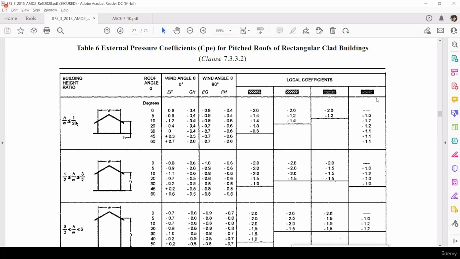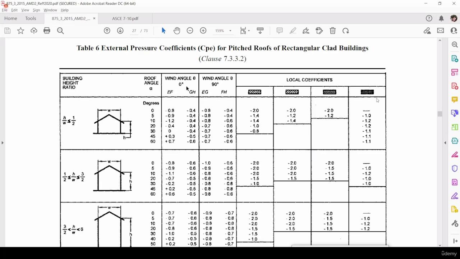So we have got height to width as 0.3. This is less than 1 by 2. 1 by 2 is nothing but 0.5, right? So H by W is 0.3, which is less than 1 by 2. So we have to use the first case only. Okay. So again, you will get